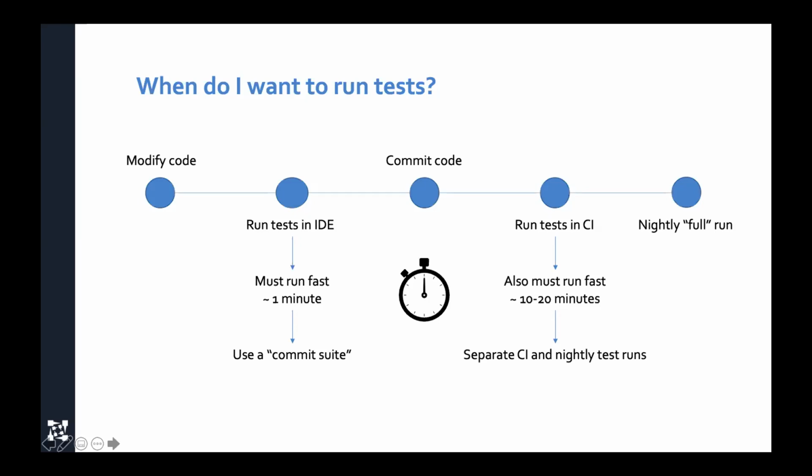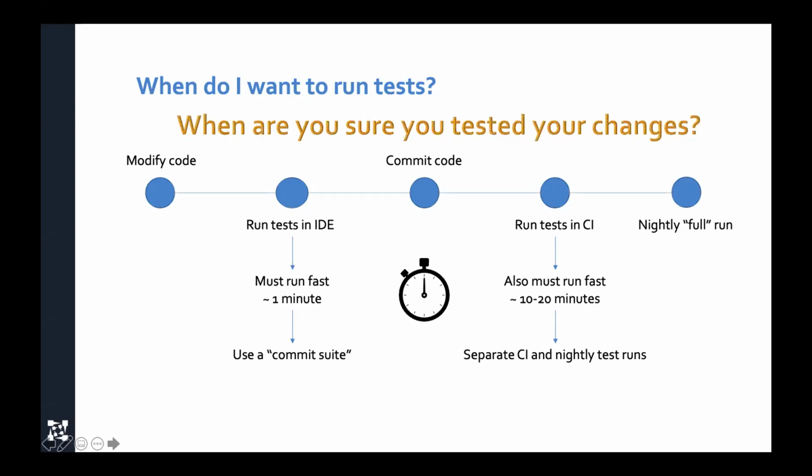So really, if you are making a change in the code base, when are you actually sure that you've tested that change? Well, the trouble is I'm subsetting my suite. So I might pass my commit suite. I might pass my CI run. But when I get to the nightly run, that's when I can be 100% sure that I've tested the change that I just made. The trouble is, if I'm waiting until the next day, I've lost a lot of the contextual information about what